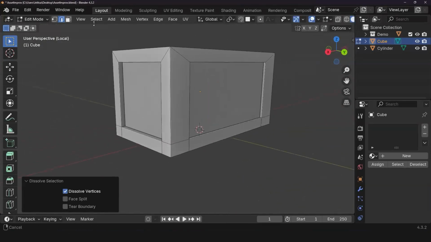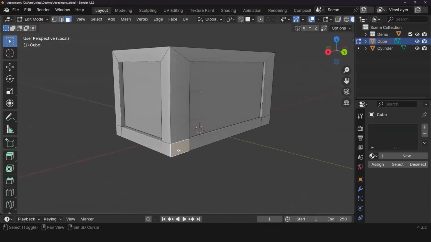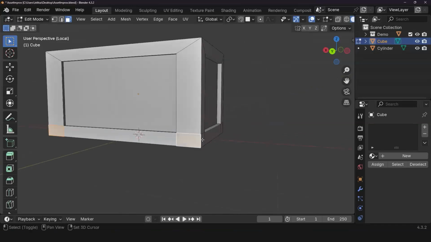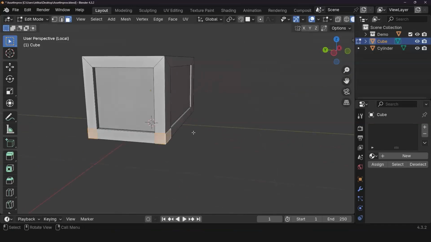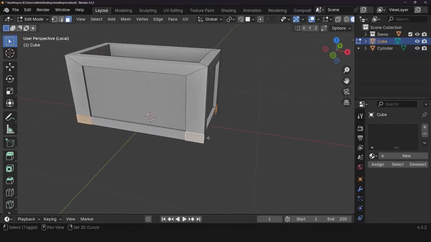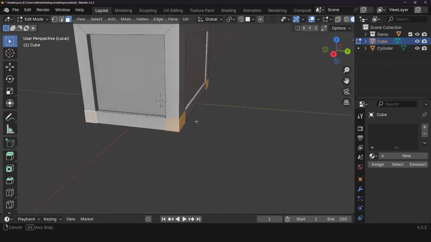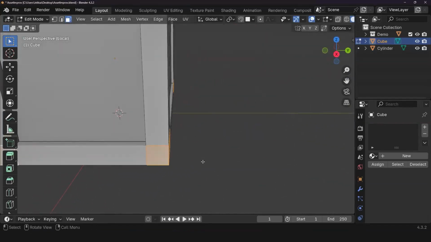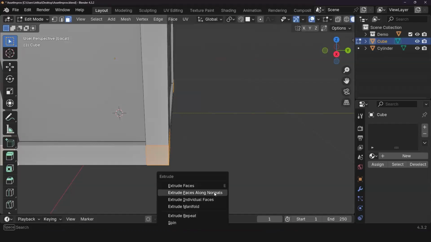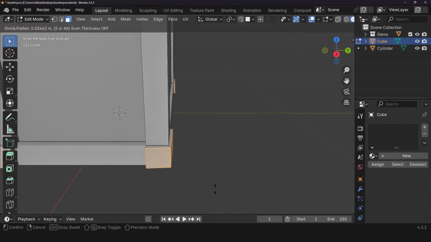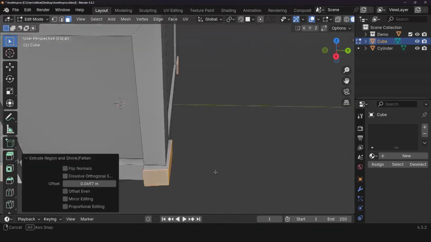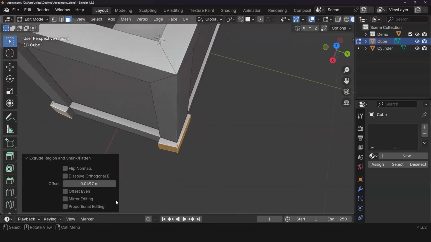Okay, so let's do some extrusion. I'm going to take these guys, then press Alt E, extrude faces along normals. That is our friend. But as you can see, there's a little funkiness going on, and we can fix that by using offset even.